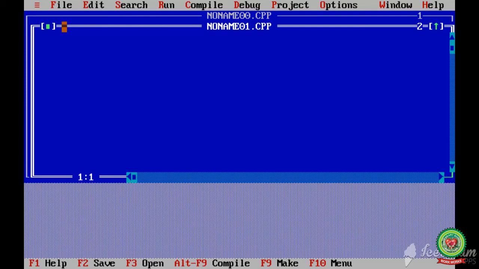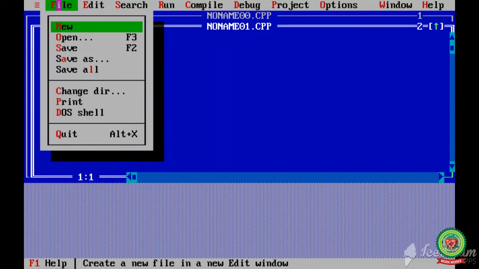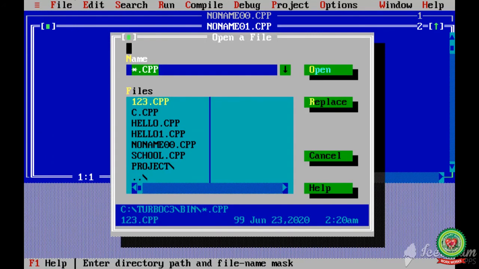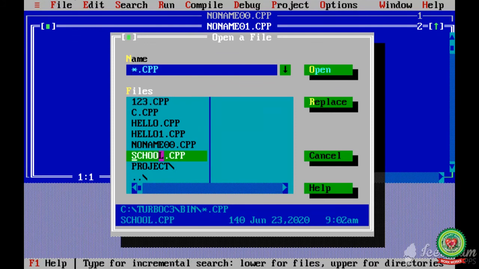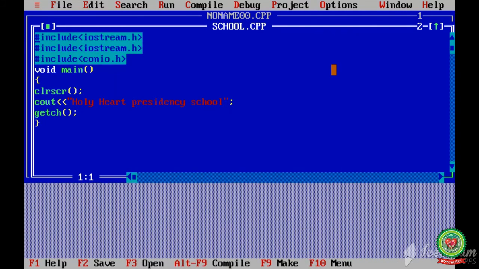For that, the steps are: click on the File menu, click on the Open option, select the file name, I have written school, and click on the Open button. The same program, the same file, will open on your screen. You can edit, modify, or make changes in your program. These are the steps to open an existing file.